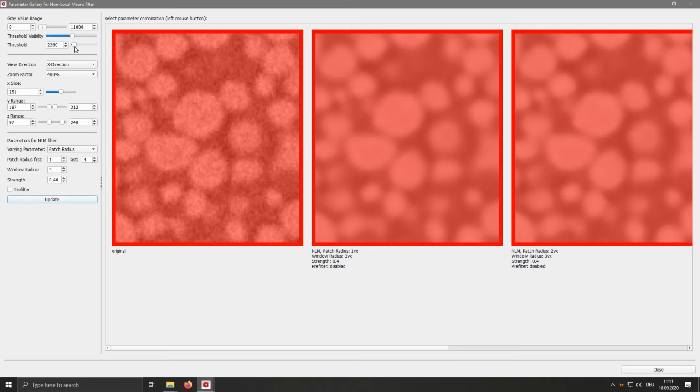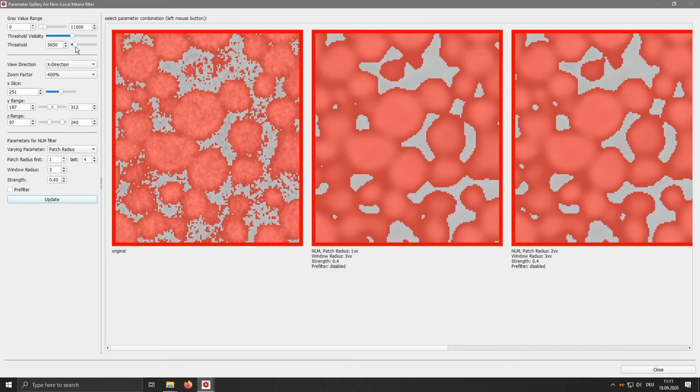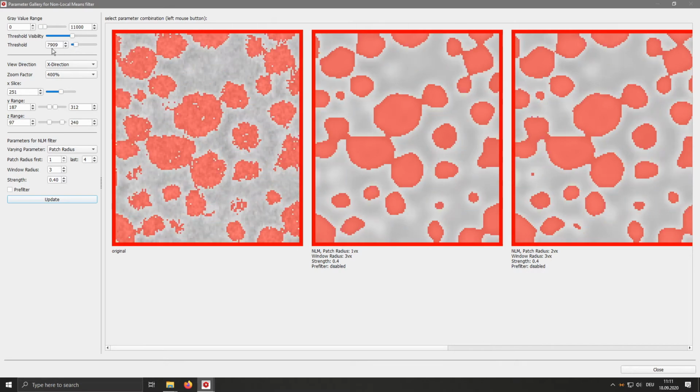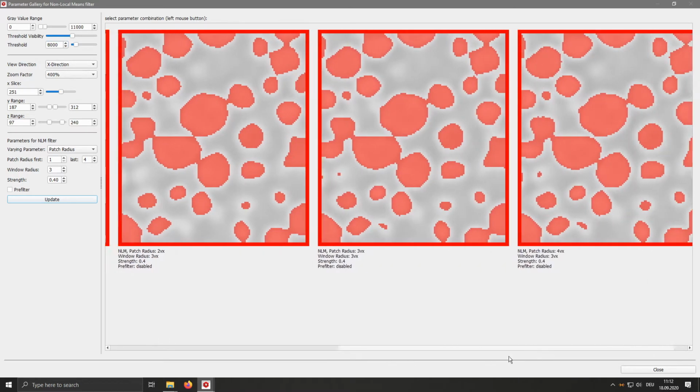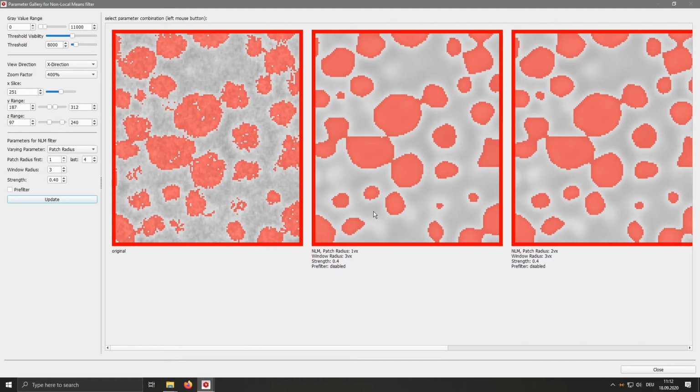Now we turn down the threshold, get to an area where everything is solid, and then we enter a value around 8000. We get a first preview of the thresholding, and we can see already the original image. We have all these holes and noise in the pore space, and in the filtered images that noise is gone.